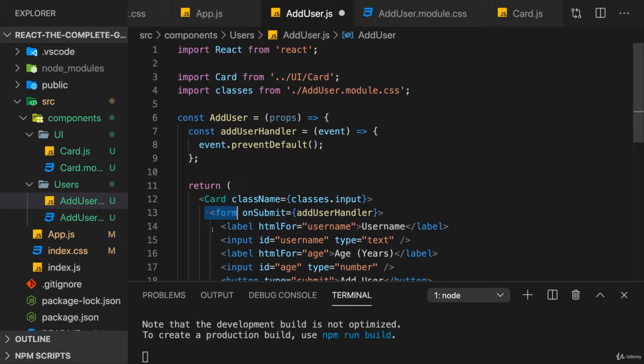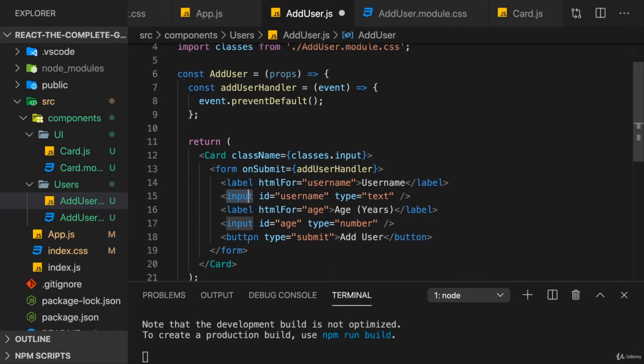Now, these default HTML components like form, label, input, divs, and so on, they are all pre-configured by React to, for example, work with the className prop and to then apply a fitting CSS class to the underlying rendered HTML node. Now, for our own component, it of course does not know what to do with the className prop